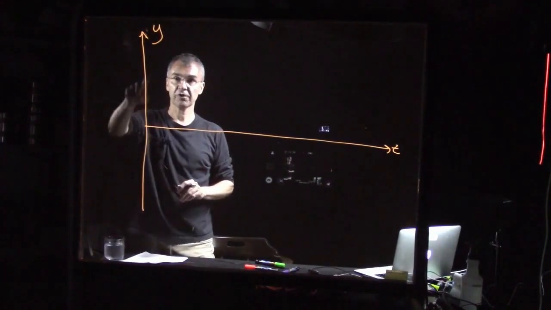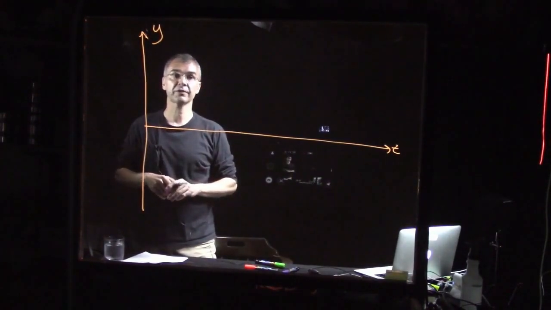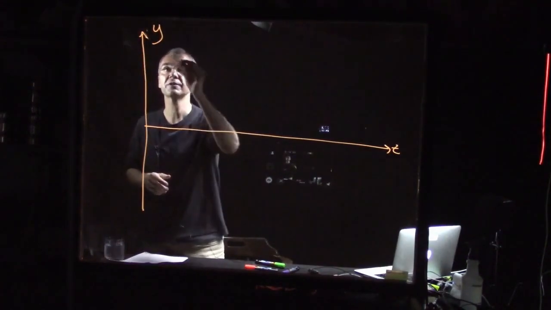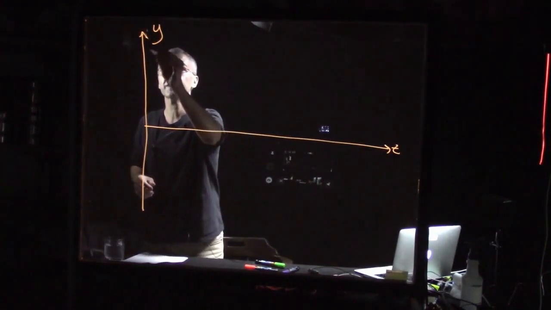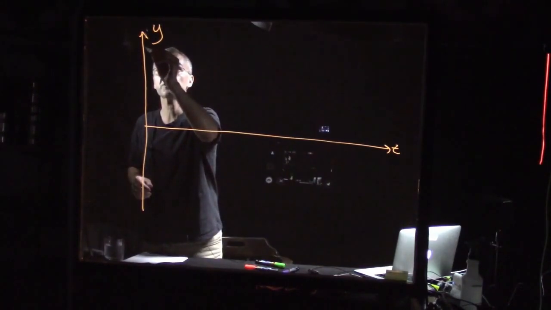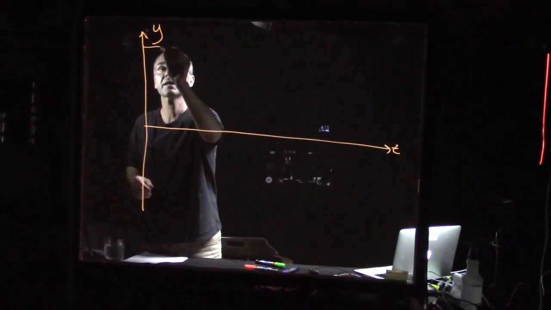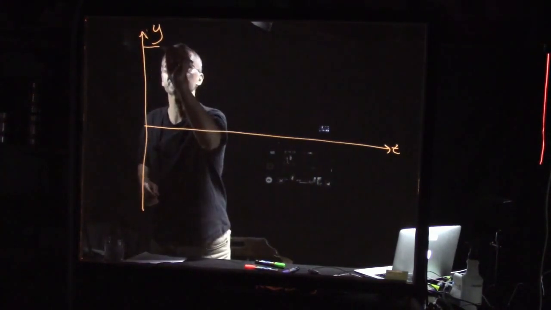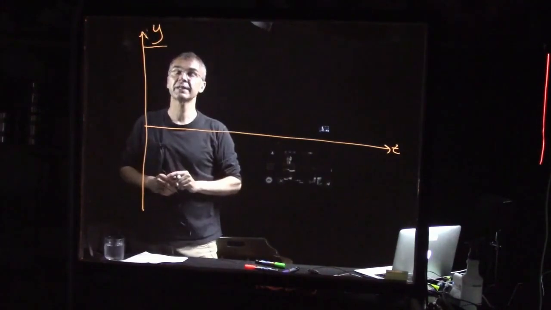And we started out some height above the ground. I held it above my head. Let's say that's 2 meters. We didn't really put numbers on the graph, but let's say that's 2 meters. So I'm holding the ball up here at y equals 2 meters. And I'm holding it for a while, so it stays that way for a little bit. And then